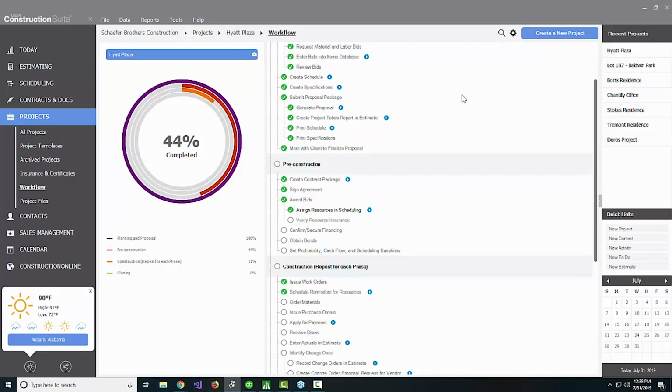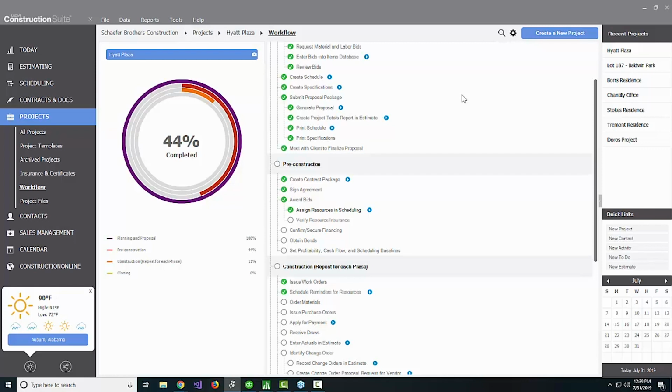I think one of the things that I really love about ConstructionSuite workflows is how relevant they are to so many different businesses at different stages or different scenarios, because you may have a small team of a couple of people. With your workflow, you're looking at things that are going to keep you on track, keep you from forgetting things, and help the two of you work together more efficiently. Ian, you and I could put together a great workflow that we might work off of collaboratively, and we're keeping our projects on track. When you're looking at a growing company, though, it's worth taking the time to go through,